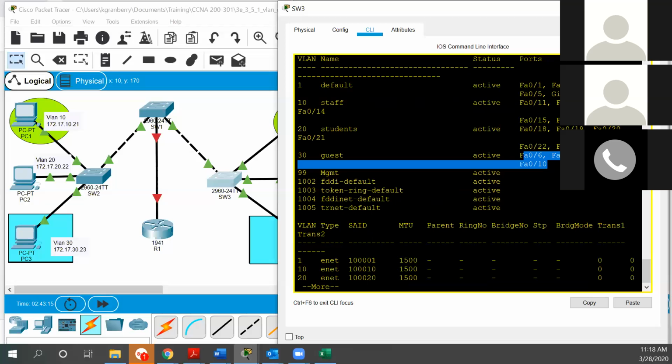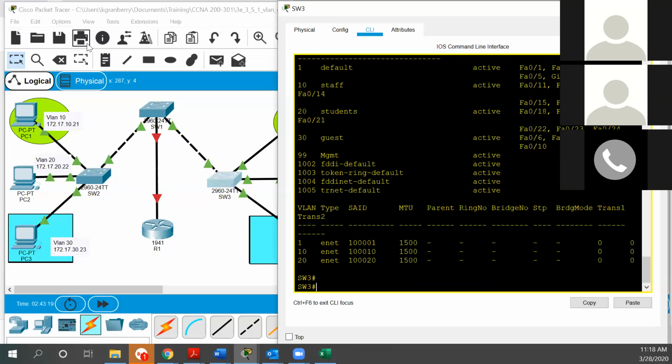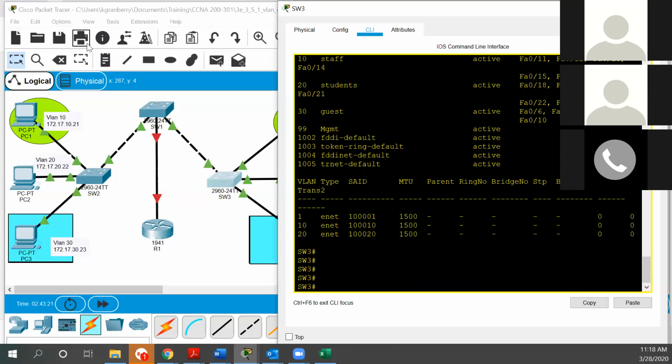All right, so now we need to create a management VLAN, so we can communicate between those three. What I'll need to do is create what they call an SVI, or switched virtual interface. So to do that,